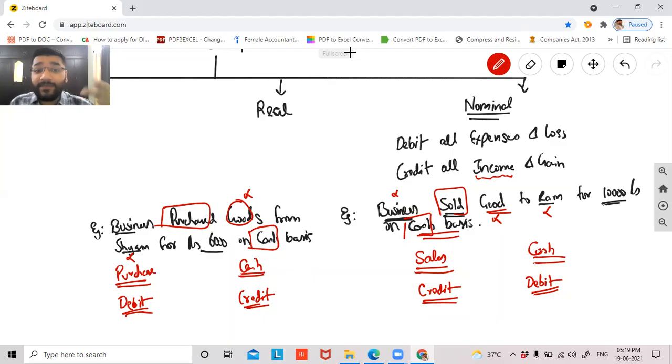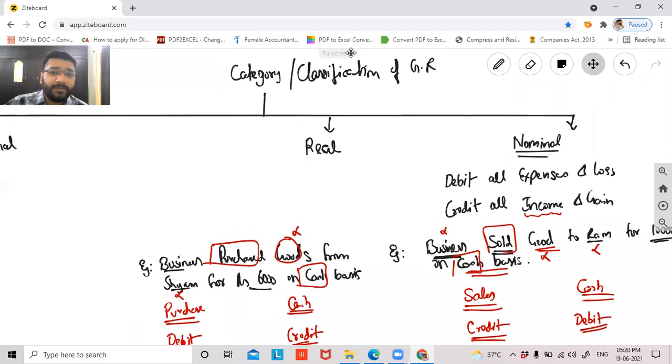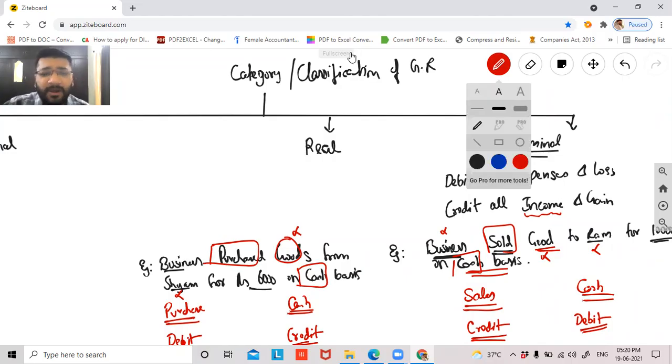But now we'll understand with the rule why cash is debit and why cash is credit. So guys, are you clear with the nominal part at least? Yes, sir. Now let's head towards the real rule. Real rule says that if in any business financial transaction you sense the flavor of assets, that is tangible and intangible assets, all the assets,